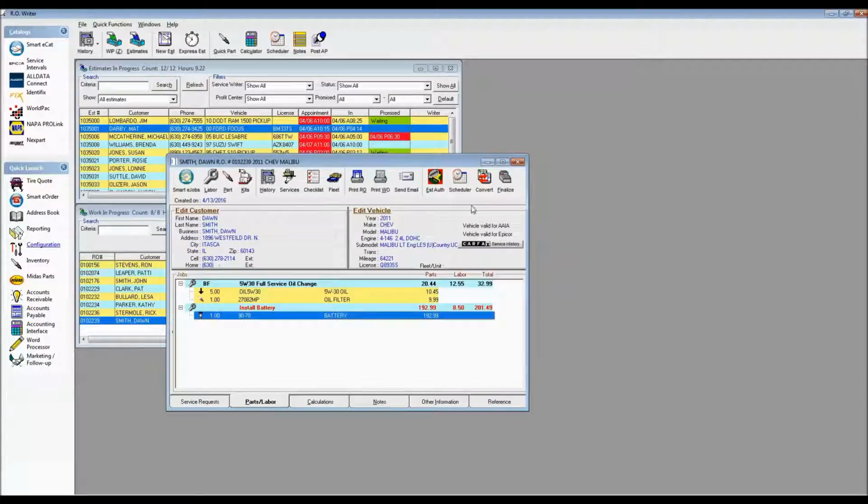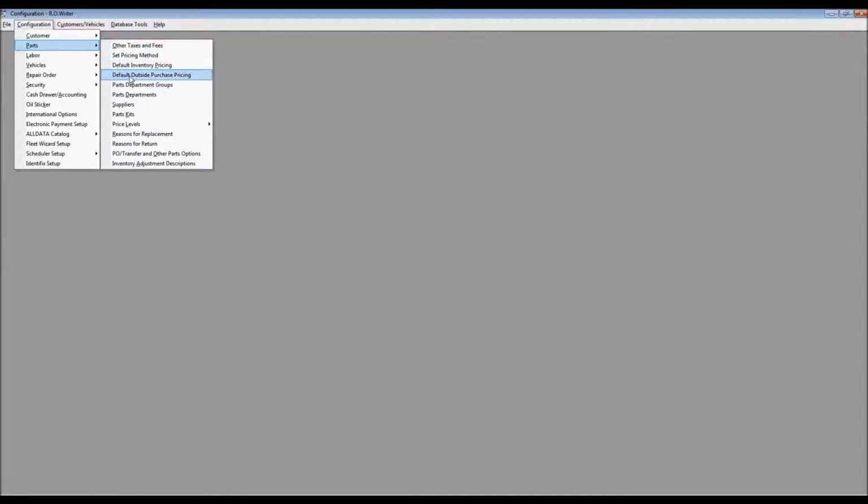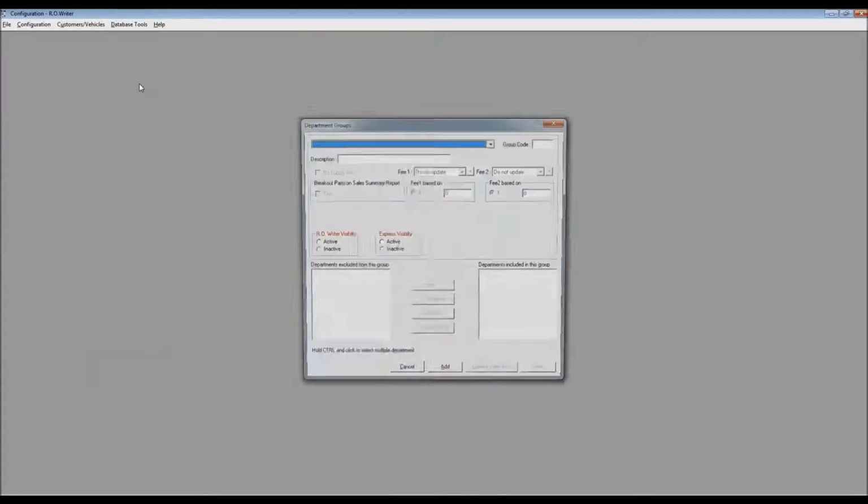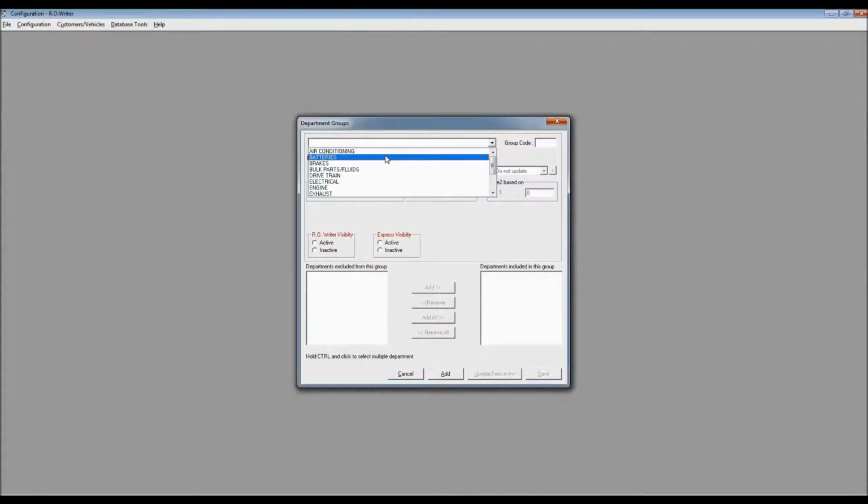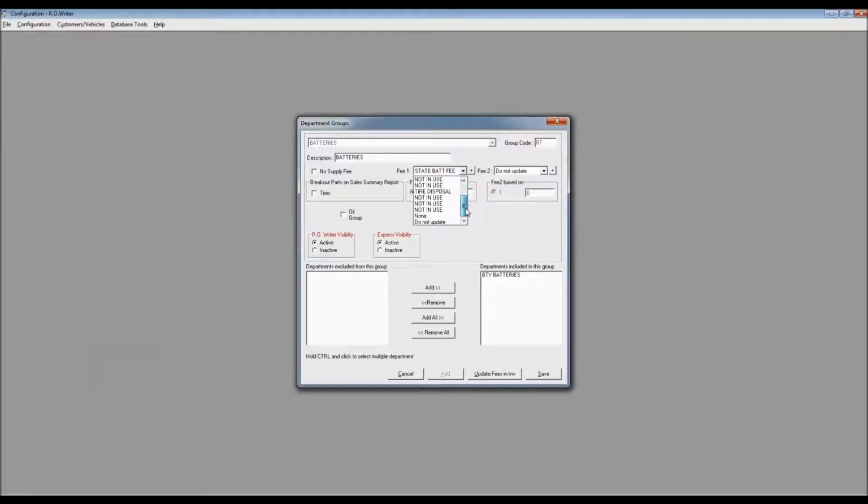If you have a fee that we're assessing to a part that potentially also has a core, what we want to do is go in and assess the fee as part of what we call Fee 2 as opposed to Fee 1. So in this case, we're actually going to change Fee 1, and I'm going to tell the system that we are not going to update Fee 1. However, Fee 2 is going to become that state battery fee, in this case $1, the charge to the consumer